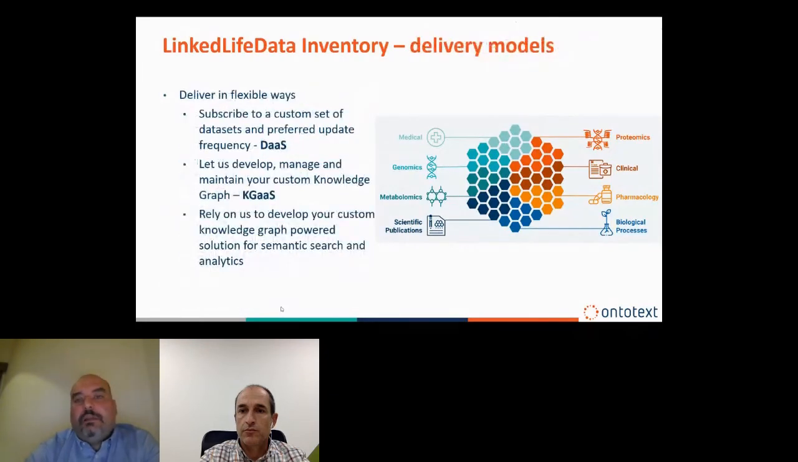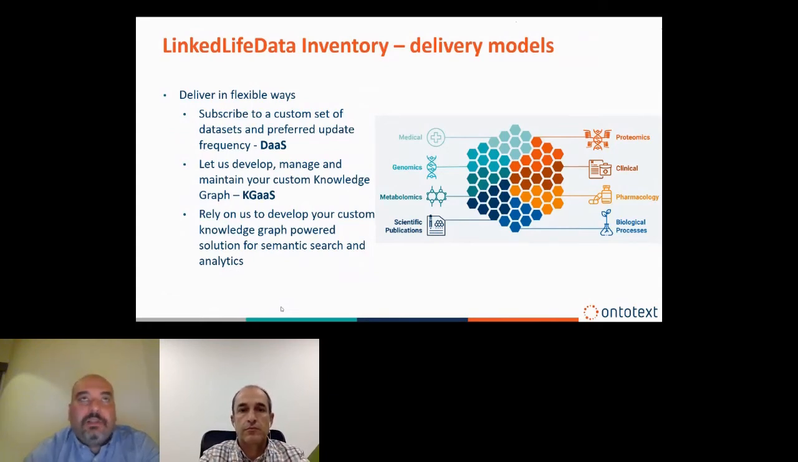So we can deliver the Linked Life Data inventory in different models, starting with data as a service, just subscribing to receive the latest updates, which are generated by the data update workflows, going to a completely managed knowledge graph as a service type of offering, in which we can develop, manage, and maintain your proprietary knowledge graph, and then we can adapt to a custom model that satisfies your particular needs. I will refer to two